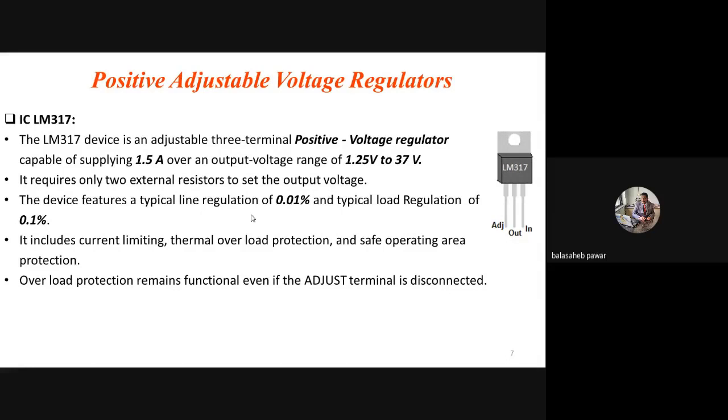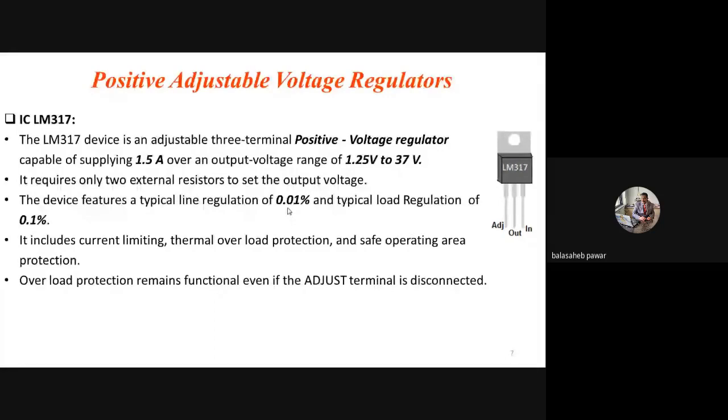If the supply voltage changes from 200 volt RMS to 250 volt RMS, how does delta VO change in the case of an unregulated DC power supply? Right, now if you have that previous reading, just check it. And from your end only, I took the values for percentage load regulation and percentage line regulation. So looking at these values given by the manufacturer, this device's typical line regulation is almost 0%. That means even if there is variation in supply voltage, its set output voltage does not get disturbed.